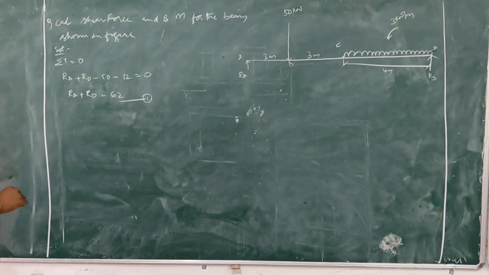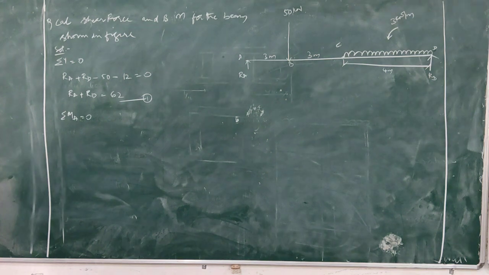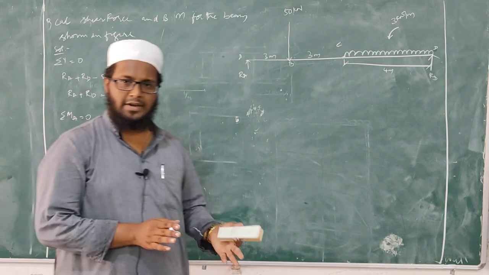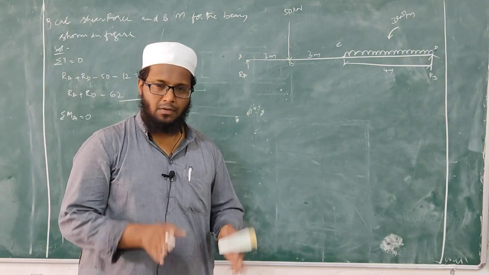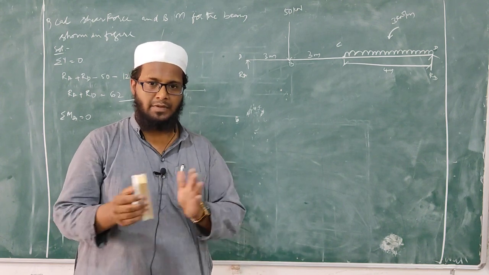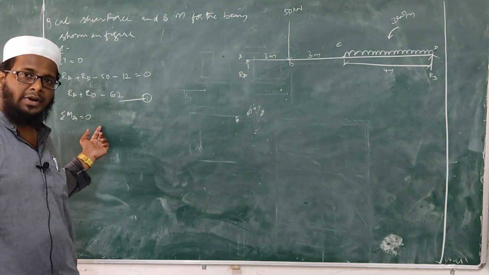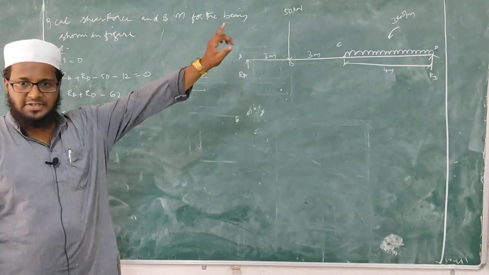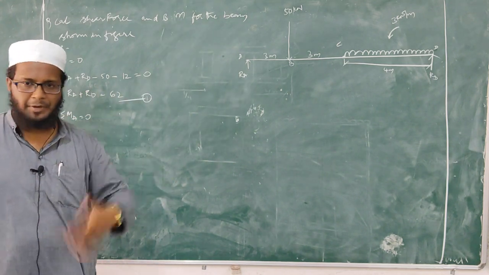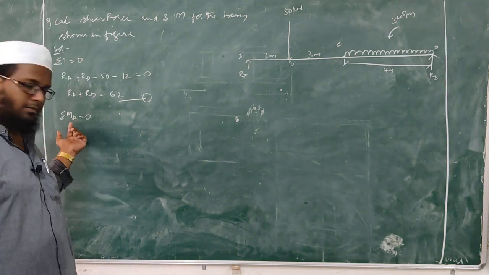Equation number 1. Now the moment of all forces about point A is equal to 0. Now you have to be very careful, since we have moment, bending moment. From the next class onwards, we'll be having fixed end moments. One by one we are studying new things, so be careful in calculation of normal moment, bending moment and fixed end moments. These three things are completely different. Mathematically it is force into perpendicular distance only, but still there are a few limitations in case of this normal moment.